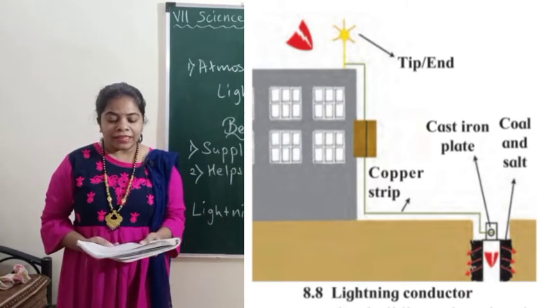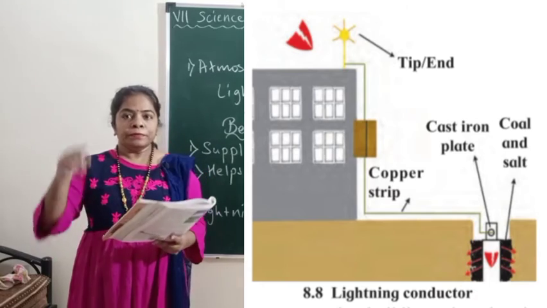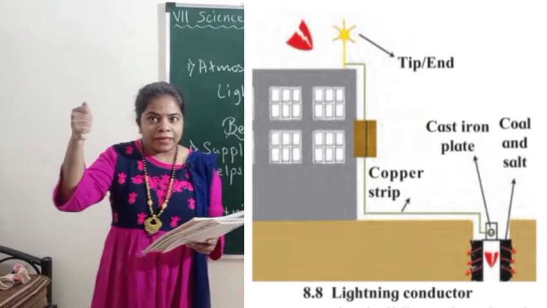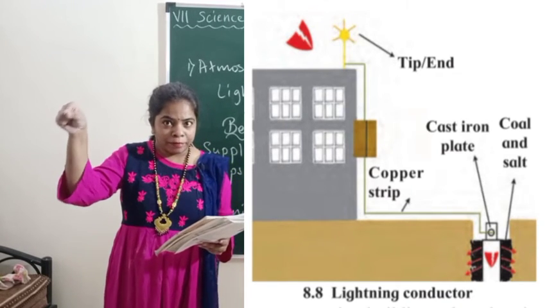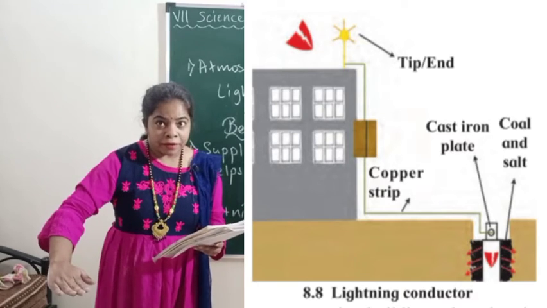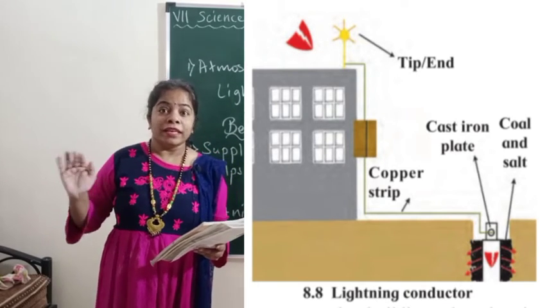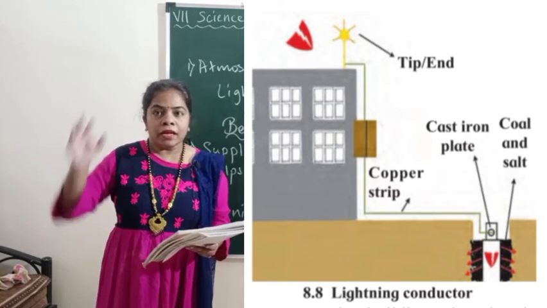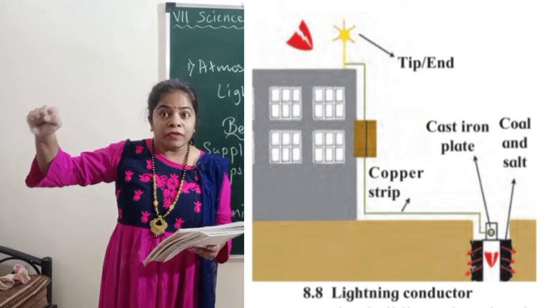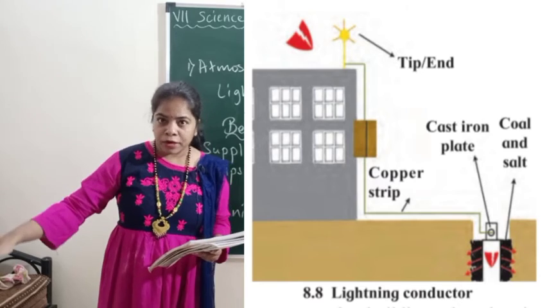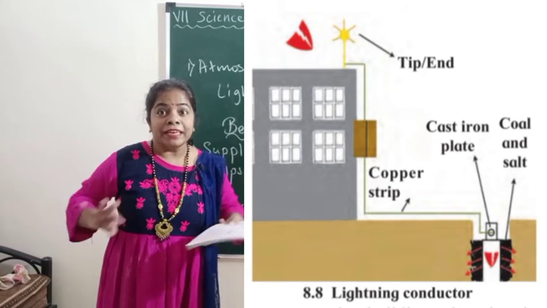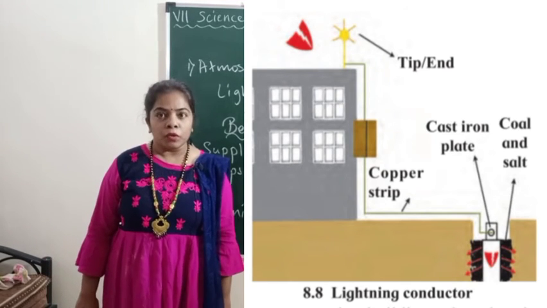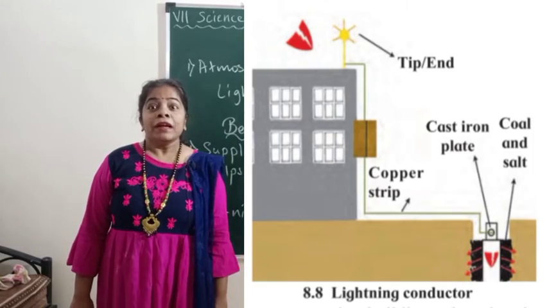Okay children, so what is the construction given here? There is a lightning conductor on top of the building. It is going straight into the ground. There is a metal iron plate upright. It is connected to that metal iron, and then there is a pit dug. In that pit there is a mixture of coal and salt. There is also a provision for water. So when there are extra charges because of lightning, those charges will come down, go into the ground and spread into the coal and salt mixture. That's how the building and its surroundings are protected against destruction.